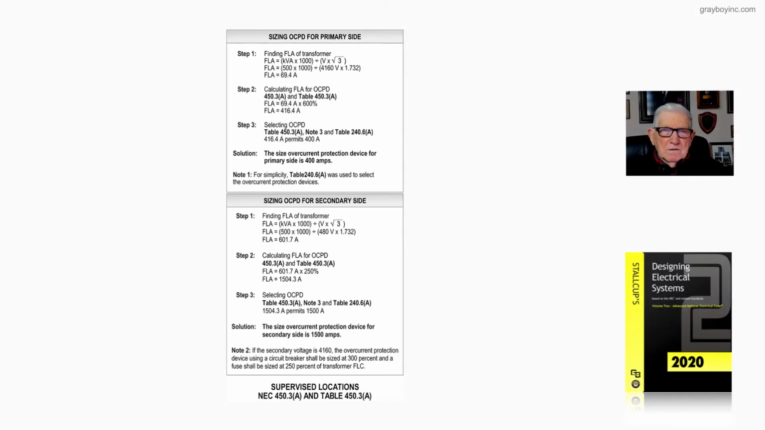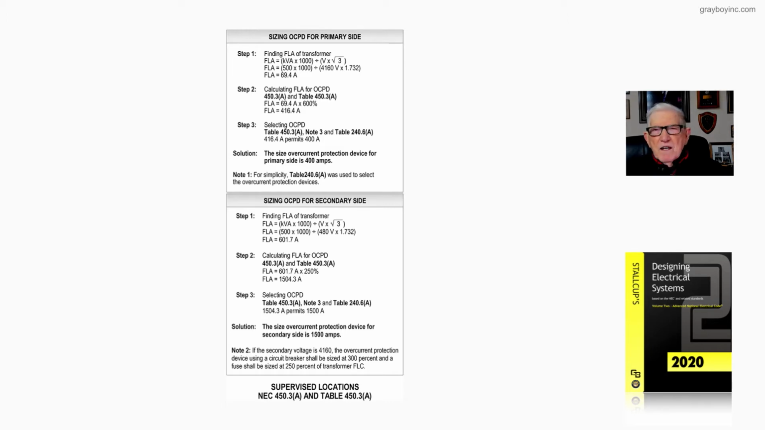Now we're going to calculate the overcurrent protection device using a circuit breaker in the primary and secondary of this transformer in figure 20-8B, based upon the primary being over 1,000 volts. Now, reviewing the boxed-in information for sizing the overcurrent protection device for the primary side, then notice step one,